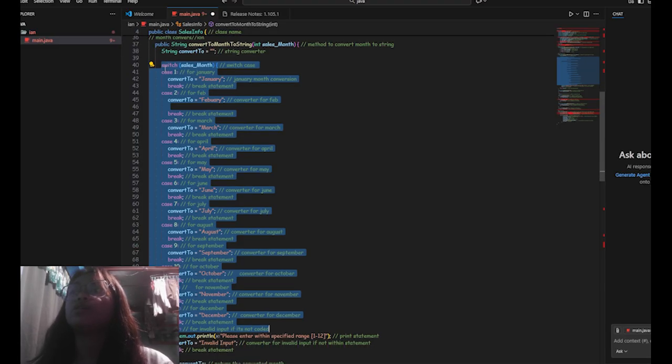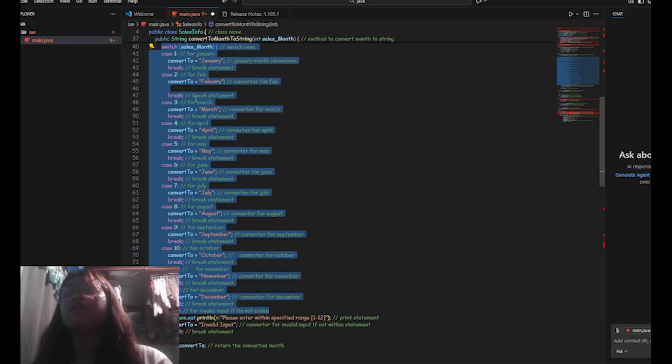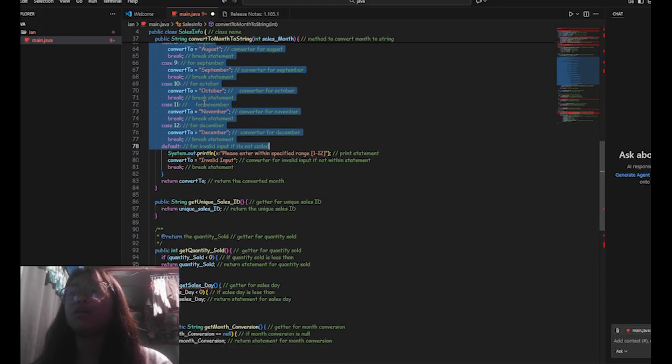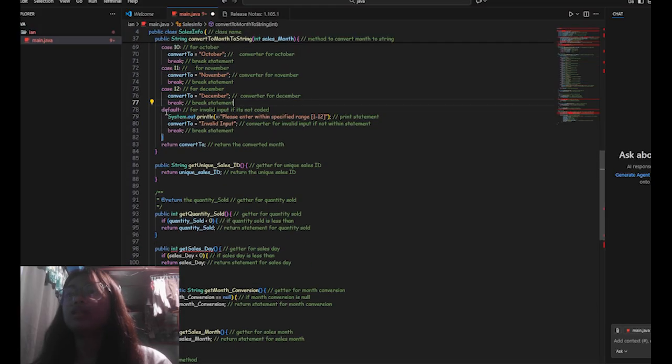We have January, February, March, April, May, June, July, August, September, October, and December. This one, system out print, handles invalid inputs and prints an error message that assigns invalid input if the month is wrong.